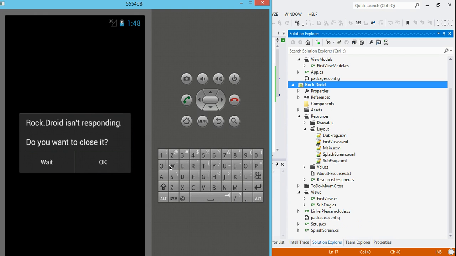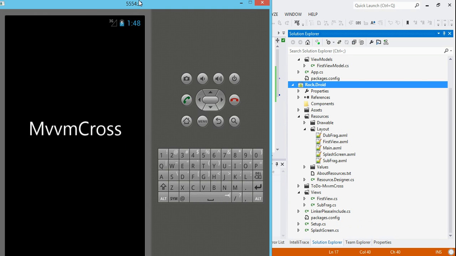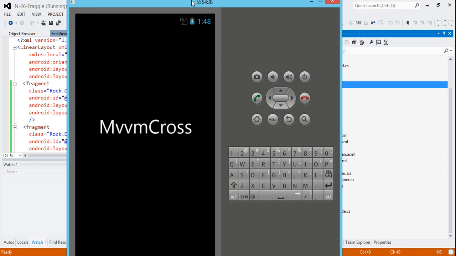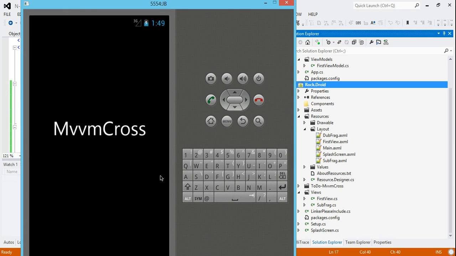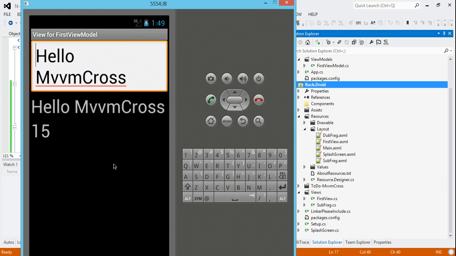This is just taking its time. I hope it's just taking its time and hasn't crashed or anything. Apologies that the emulator is running a bit slow, I'm not sure what that is. But that layout-land, etc. is what you do in real apps when you need to support different size tablets and different size phones. Right, so now we have got, as you can see, one fragment at the top here, which is these